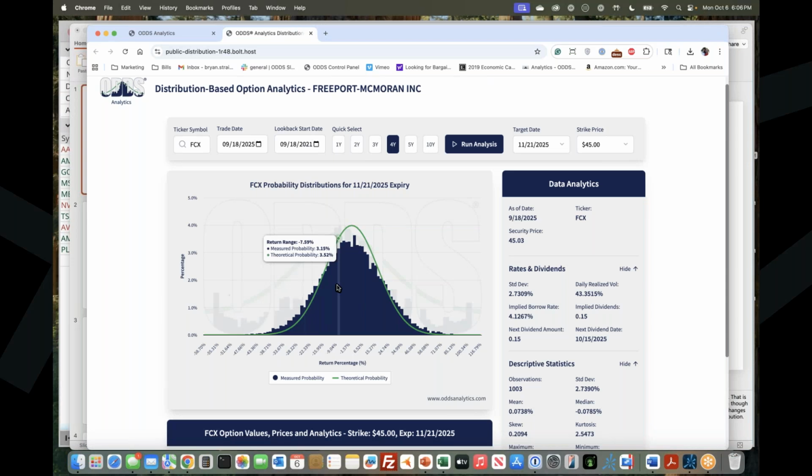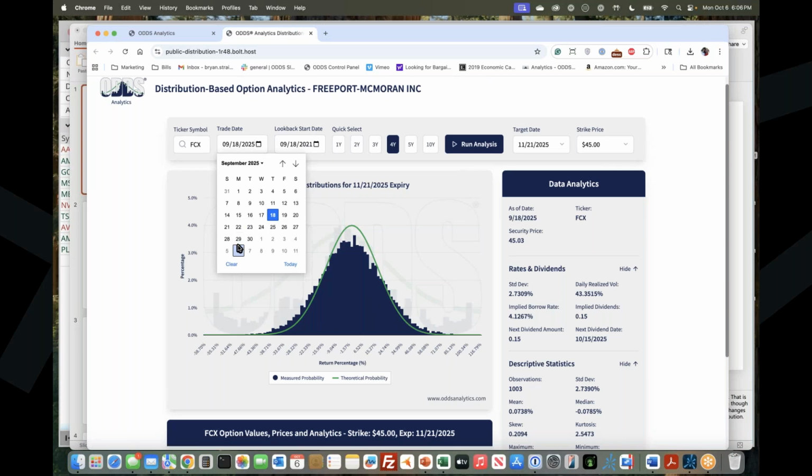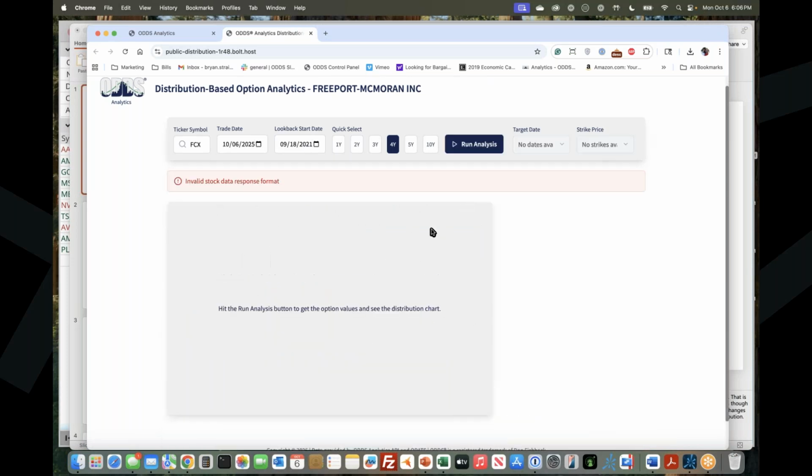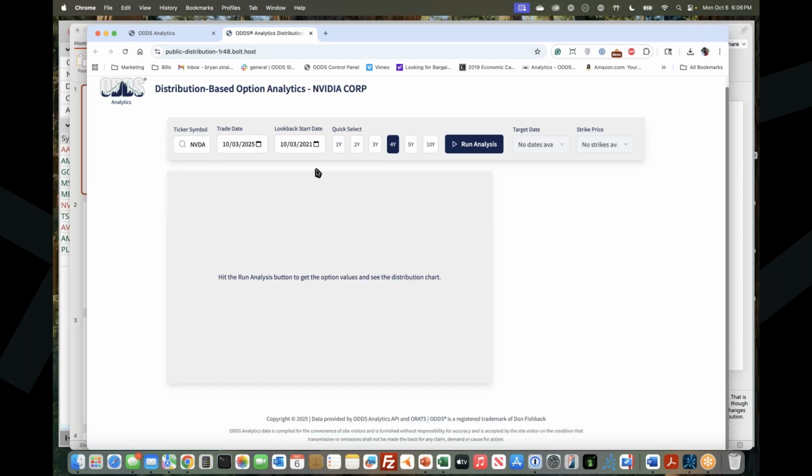That's one of the reasons why I love this FCX trade. I look for FCX because I've made some really good money using straddles on this particular asset. What I'm showing you right here is the day we entered the trade in some of your accounts, back on September 18th, and this is what the distribution looked like at that point in time. If we update it to look at the current data, you'll see that